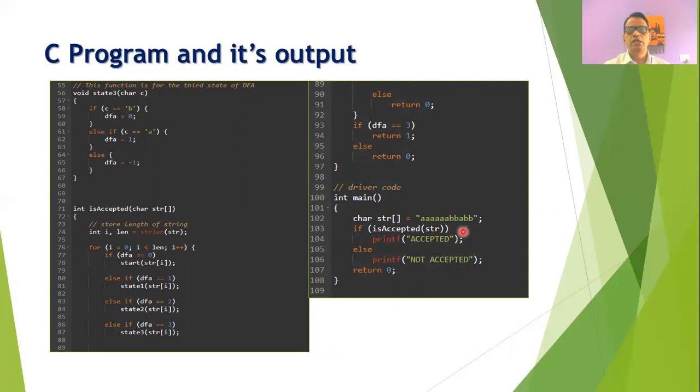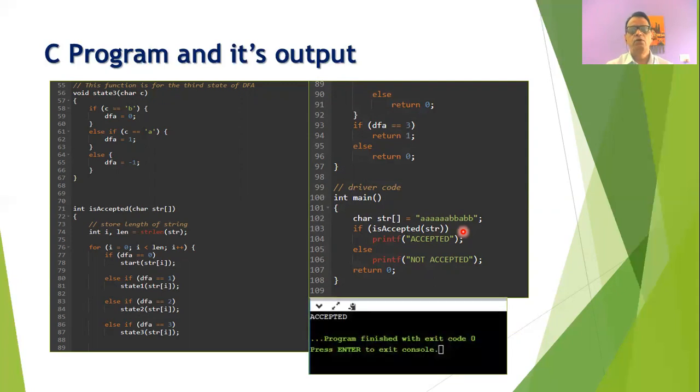Now, as we know that this string, which is being given as a sample string, exactly follows the grammar, because at the end we are having ABB, because as per our regular expression, there can be any sequence of A or B followed by ABB, and therefore we are expecting the result to be accepted. So when you type this program and execute it using any online C++ compiler, then you will find that the message will be printed that the string is accepted. If you enter any other string which does not follow the pattern, then you will get the message not accepted.